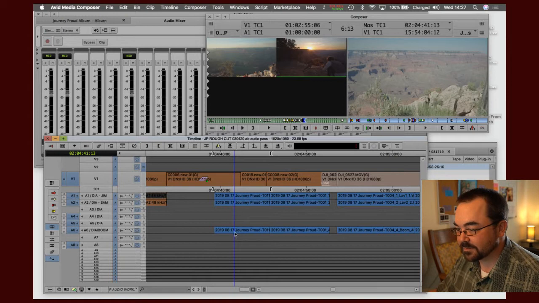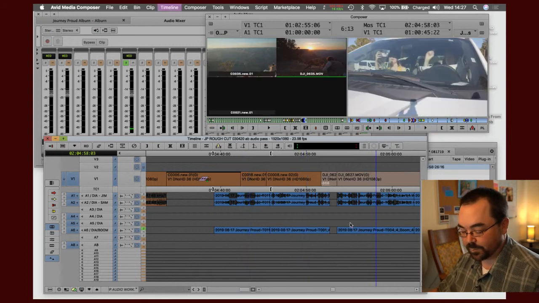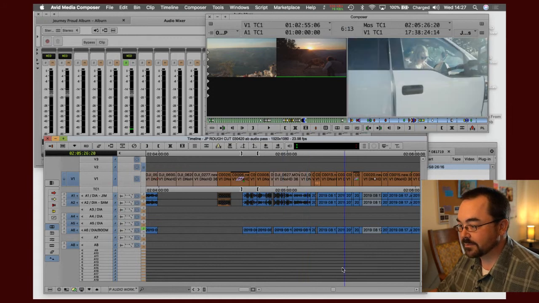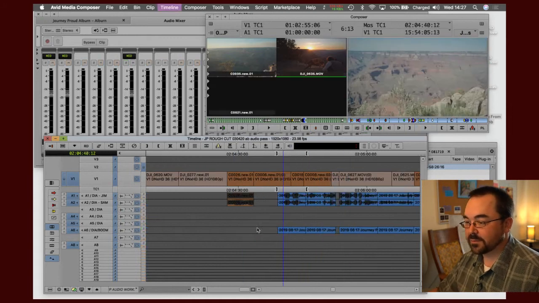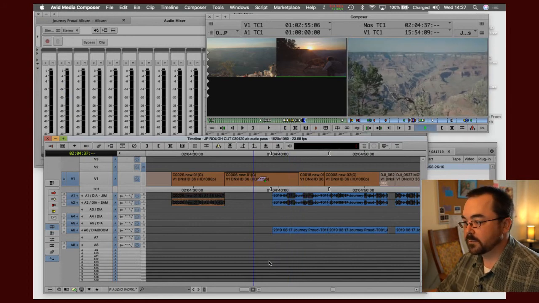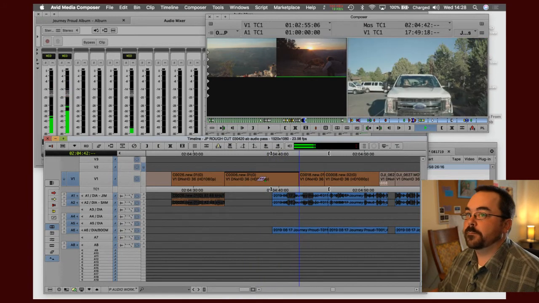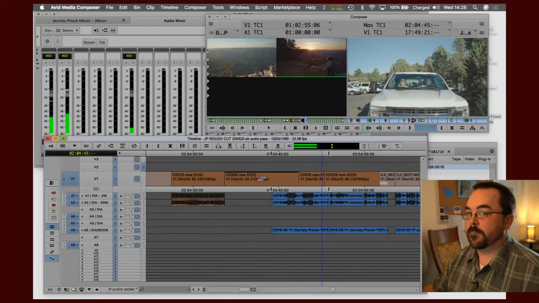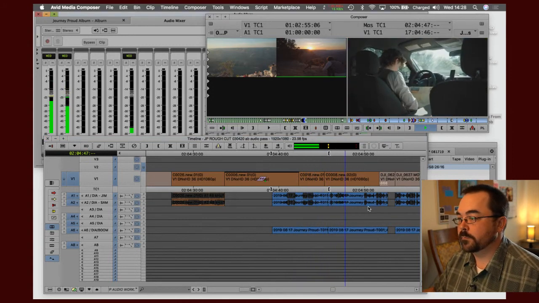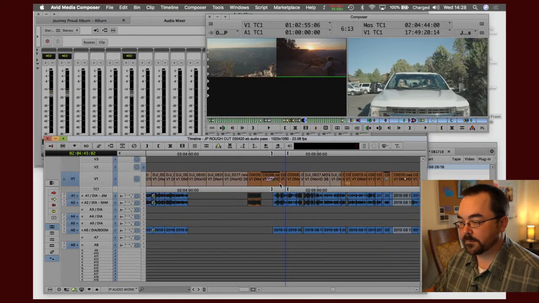I'm going to turn on waveforms. I have a feeling the boom's probably empty most of the way anyways, because when we're in the car, there was really no sense in booming. So anyways, we'll see what the A1 and 2 sound like. All right. All right. Here we are. That's what I'm talking about. Okay. I think right here. All right. So